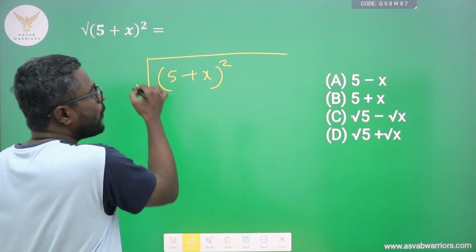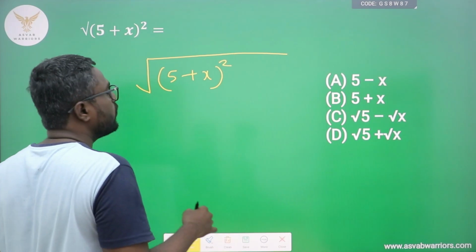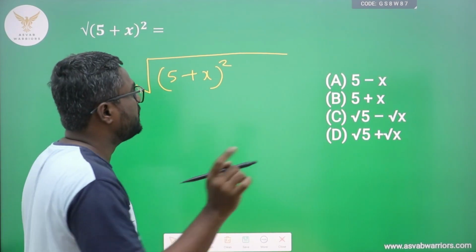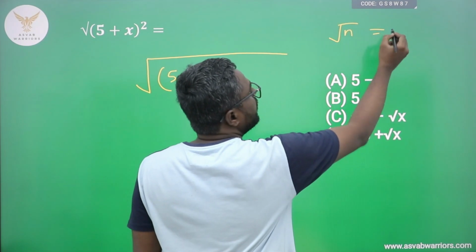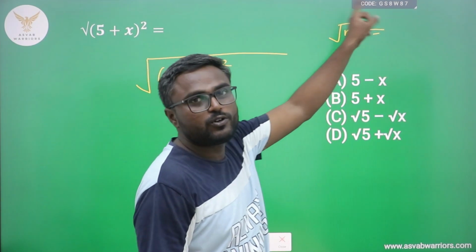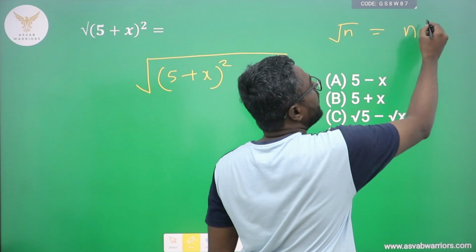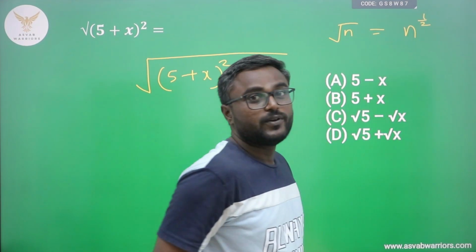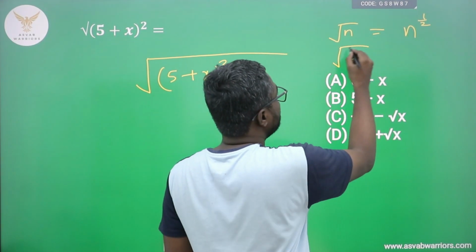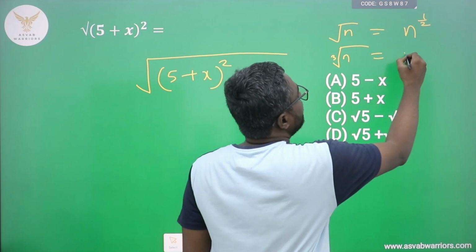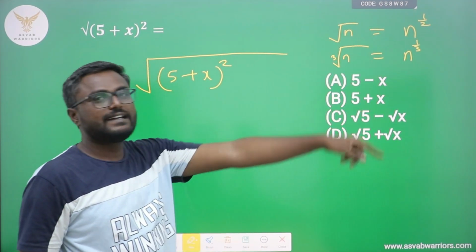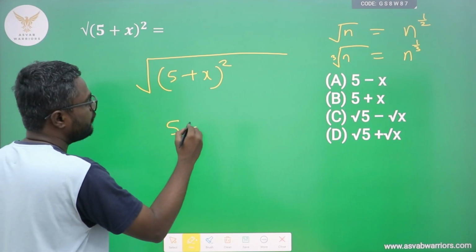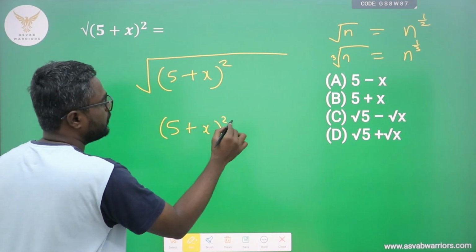Because remember, square root always means, I'll just write it down here. Square root of n is nothing but equal to n to the power of 1 by 2. If it is cube root of n, it is n to the power 1 over 3. So if it is square root, I'll take it like this. So 5 plus x whole square,